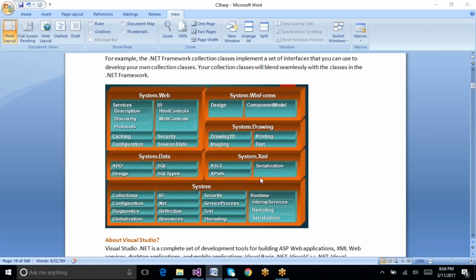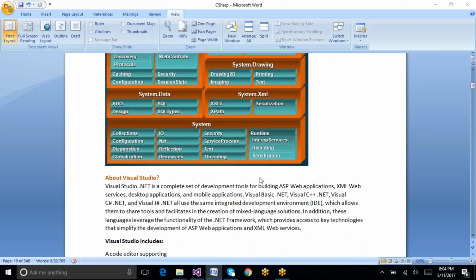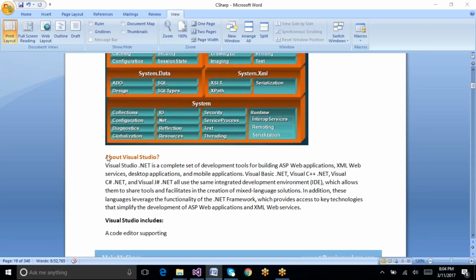The other component which we have in .NET is Visual Studio. So coming to Visual Studio, what I can explain is that Visual Studio is nothing but the